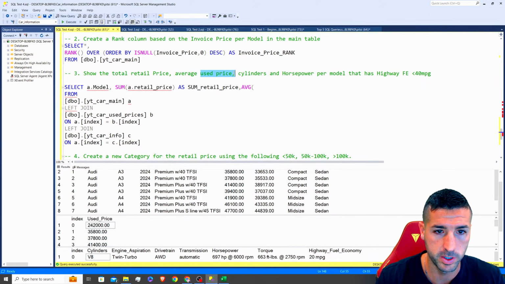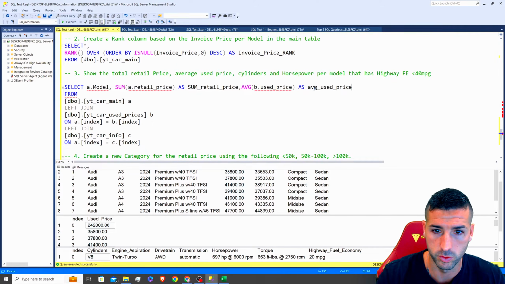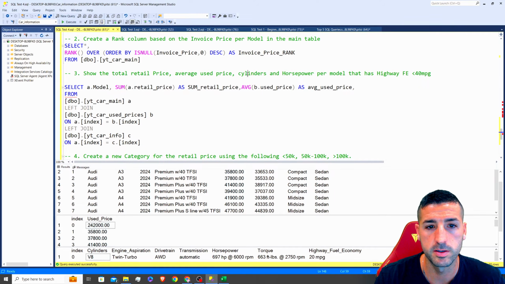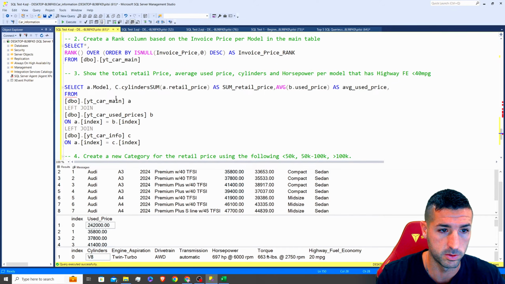So where is it? Used price coming from B, and then close brackets, and then say as AVG used price, like this. What else do we need? Then we need to bring cylinders and horsepower. So cylinders comes from C dot cylinders, comma, let's use lowercase, and then we also need horsepower. So this is C dot horsepower, comma, again